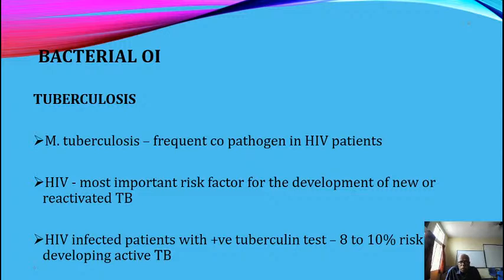So the prototype for bacterial infections is tuberculosis. What is the speciality about tuberculosis in HIV infection is atypical presentation you can expect. Atypical presentation means usually the upper lobes of the lungs are involved in tuberculosis. But here you will not see the involvement of upper lobes. Instead you see involvement of the lower lobes. And you may see some infiltrations, diffuse infiltrations,